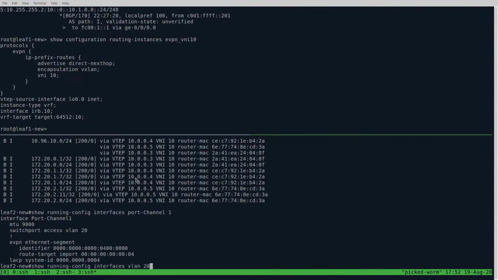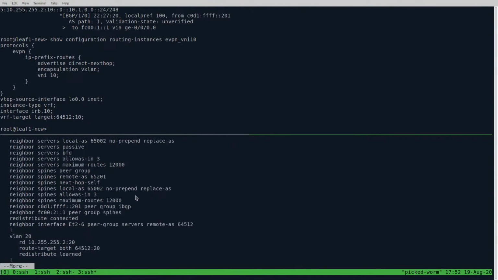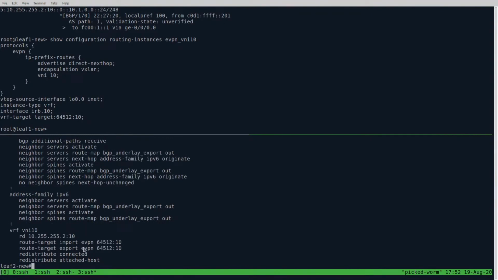Now this VLAN 20 has a layer 3 interface, which is again a default gateway, and it is assigned to VRF VNI 10. So this is the red VRF. And finally, let's take a look at the BGP configuration for this VRF, where we will be able to see that it also has the same route target assigned that was also used on the Juniper switch. So as long as these route targets are the same, we've got this separation correctly configured, and we can achieve connectivity for VRF red and make sure that the host will not be able to communicate with VRF green in this topology.